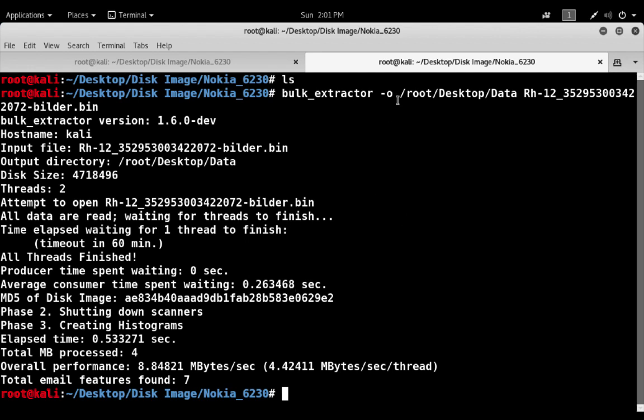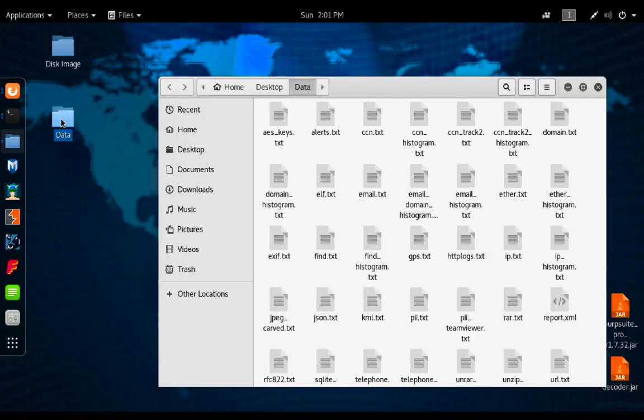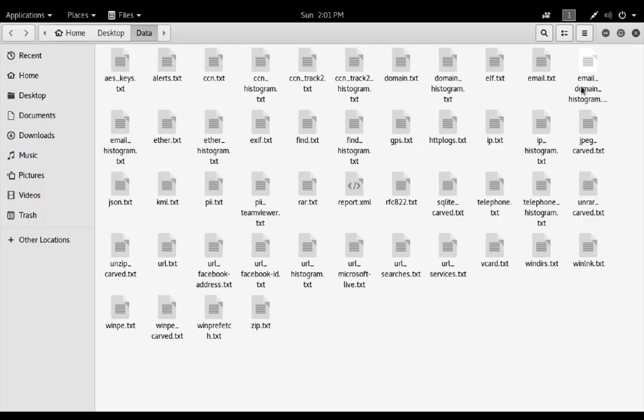Right now our extracted data is stored on the desktop in data. So go there and open it up. Wow, awesome. This tool will find email addresses, URLs, credit card details, and other things. It also builds a word list based on all of the words found within the data. For example, if any file contains Gautam, it will grab that keyword and find out where this name is coming from.